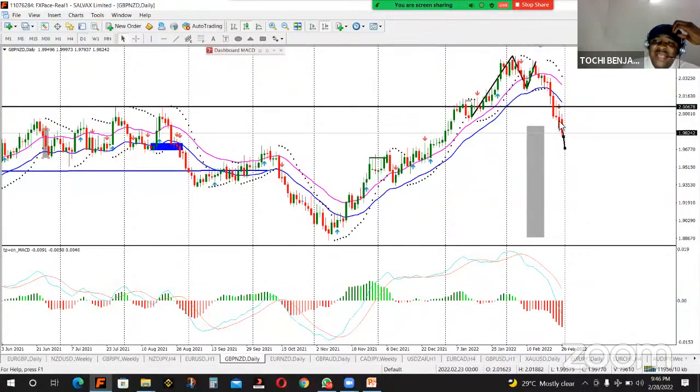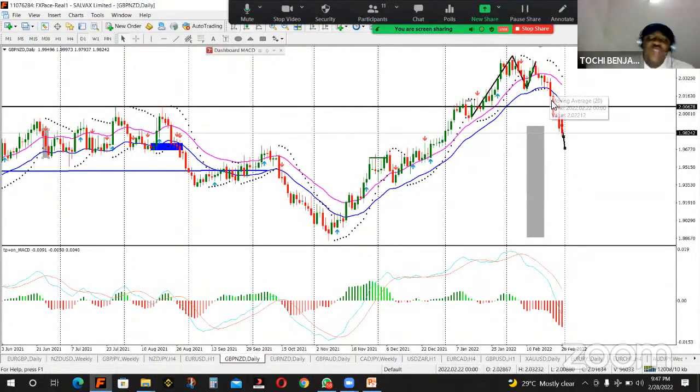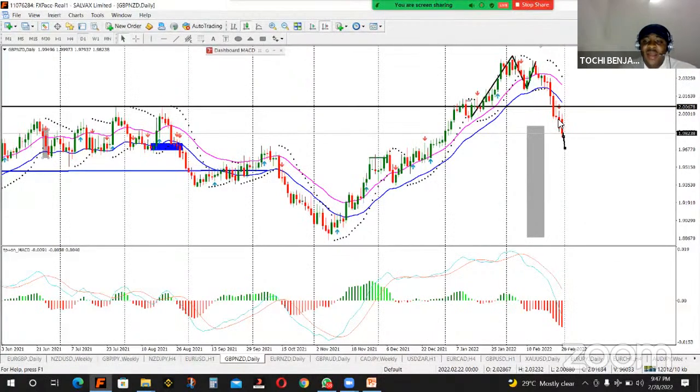If the market starts selling for a day, it will be difficult for that price to come back, to reverse. That's if price is below this moving average. It is very difficult for that day's story to go back. That's one thing you must learn. There must be something that will make it go back and close above this moving average.